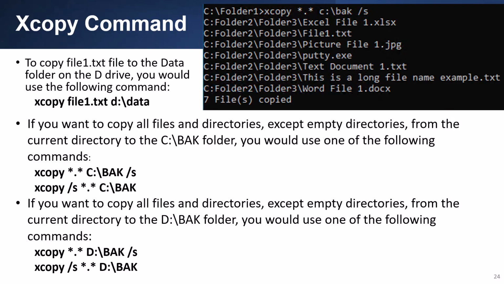To copy the file1.txt file to the data folder on the D drive, you'd use the following command: xcopy file1.txt D:\data. You'll want to copy all files and directories except empty directories from the current directory to the D:\back folder. You'd use one of the following commands: xcopy